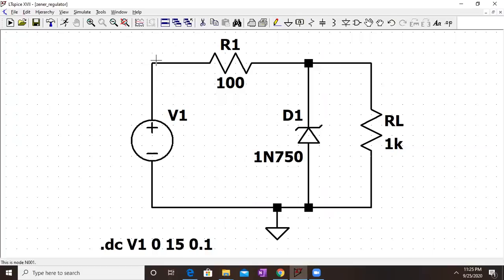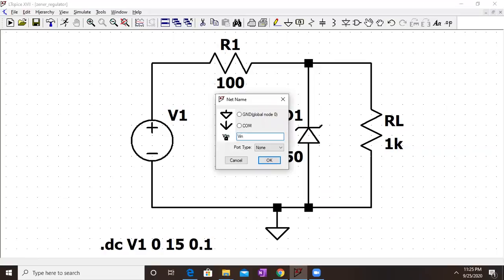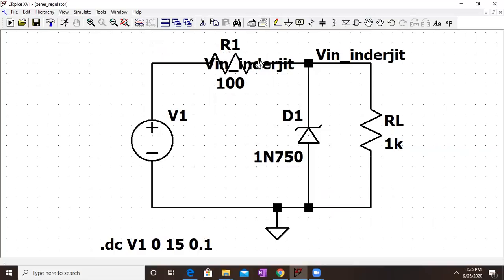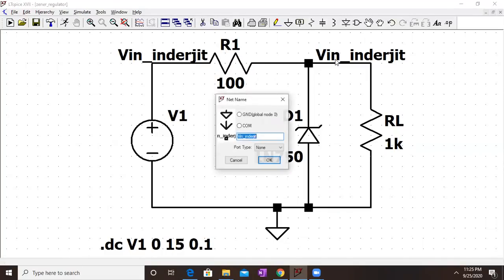So keep it ready. Now, a very important thing is if there are input and output nodes, you have to label them. For labeling, right click on a wire and click on Label Net. Let's say this is Vin. You have to label it not as Vin, but as Vin underscore your name. So I am writing my name over here. Label it like this. And see to it that this labeling is not interfering with any of the components. So leave enough wire space over here. It may happen that some student labels it like this, and it will create some confusion. So see to it that you have adequate space in between. And here similarly you have to label the output.